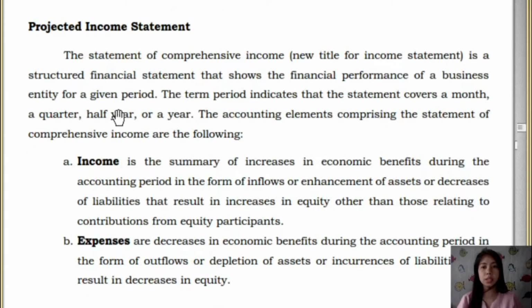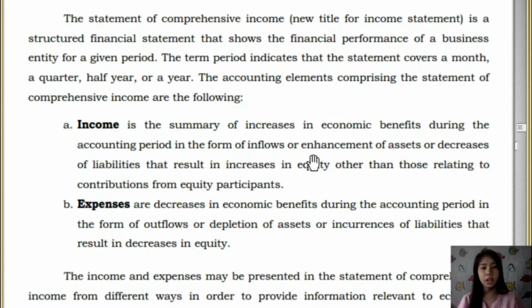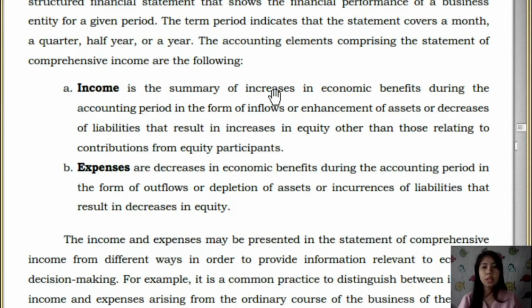So, first, the income statement or the statement of comprehensive income. So, it is the new term or new title for this one. So, we have here the income and expenses. This is just a review from your Accounting 1 or maybe in your Accounting 2, para hindi siya maging masyadong redundant. So, you have your income, summary of